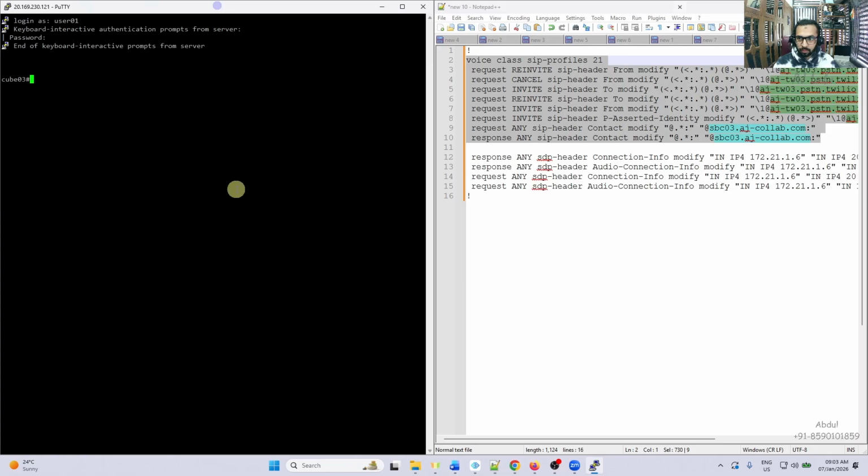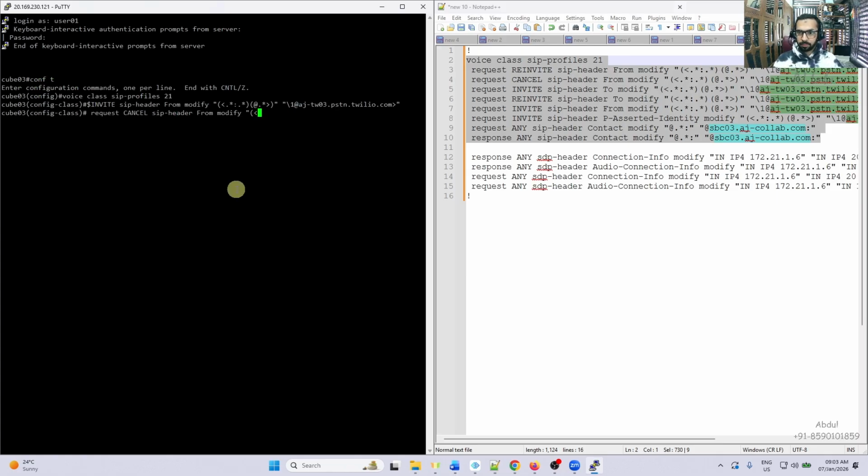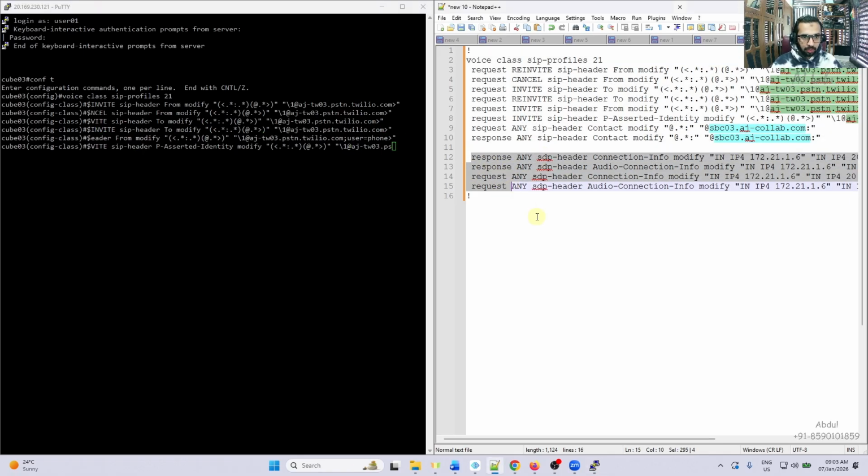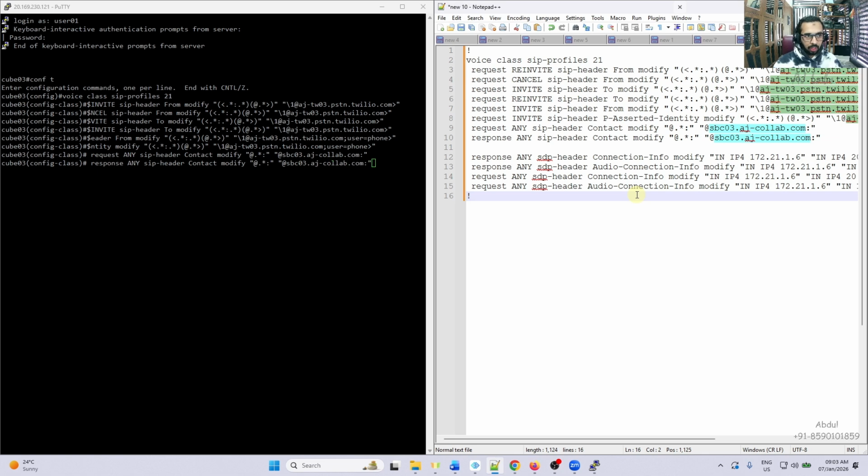Copy config T and paste it. So this is pending. We haven't added this, but we have the template ready. We will paste it. Okay. This is the pending thing. Not all, only